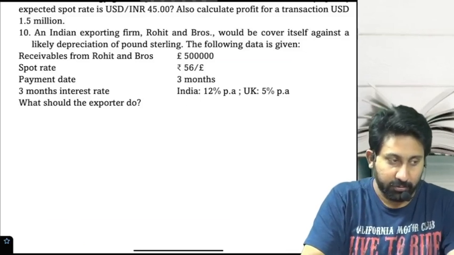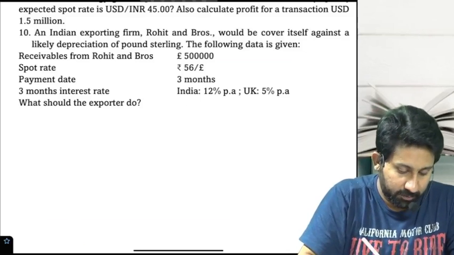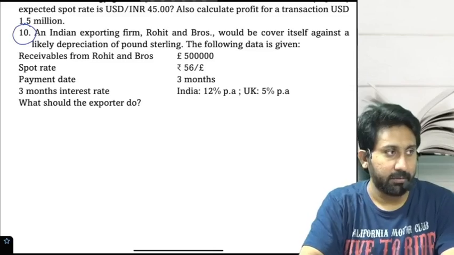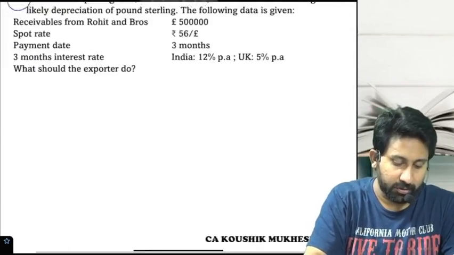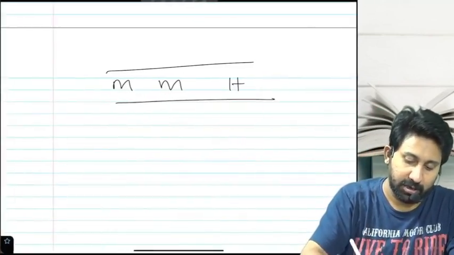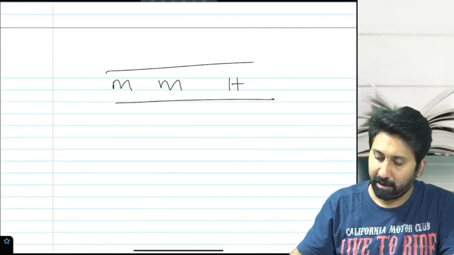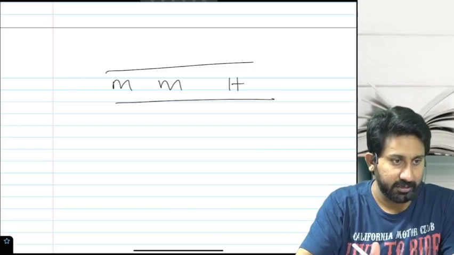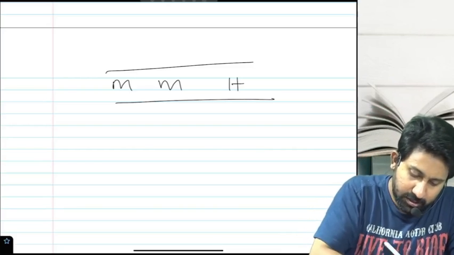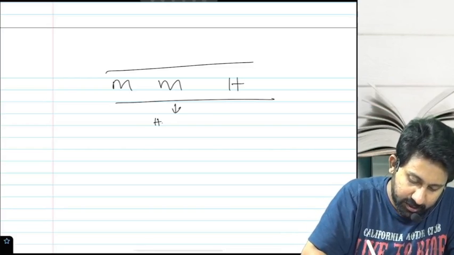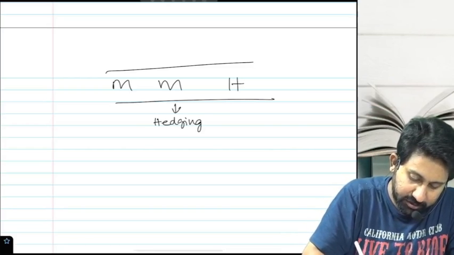So let's continue. Let us go with problem number 10. So take question number 10. So we are going to start with an area called money market hedging. What is the name of the area? Money market hedging means money market hedging is a hedging strategy